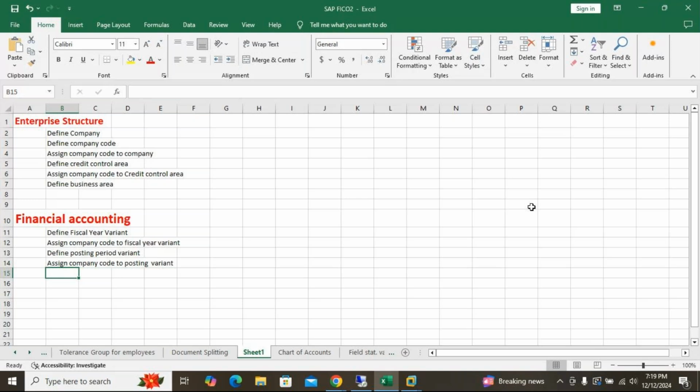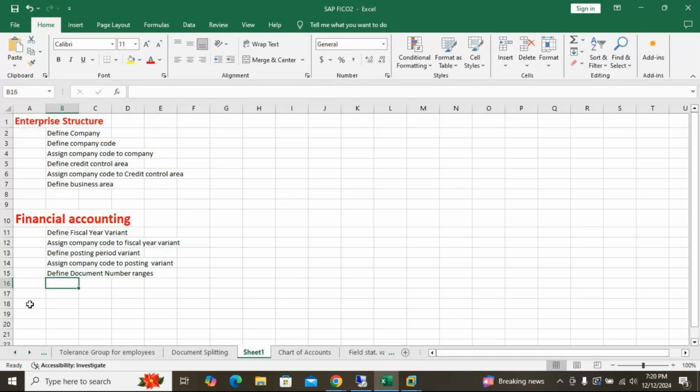Did you remember document number range creation? So assign company posting period, then define document number range. Okay, so this is what we did.